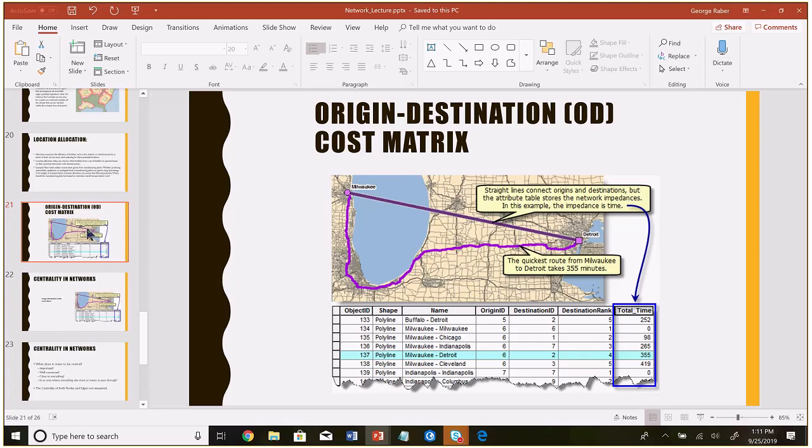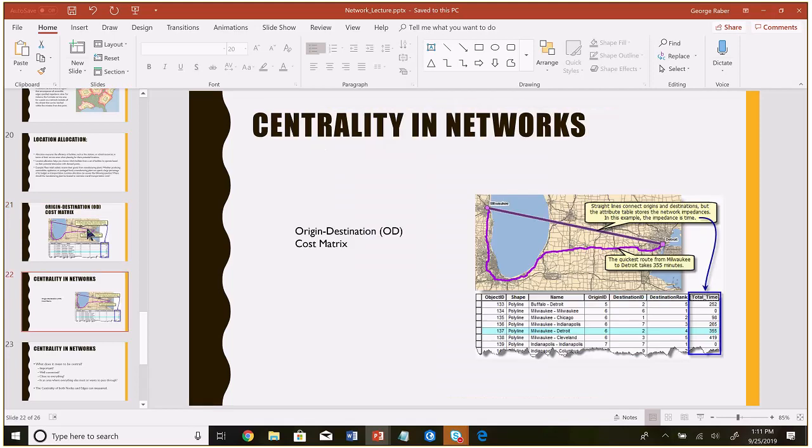So the last concept here before we take the break is that this is one method of calculating what's called centrality. And centrality is a concept, or it's a metric, kind of like figuring out, it's a descriptive thing about a network. It's kind of like figuring out the average from a set of data. Centrality is